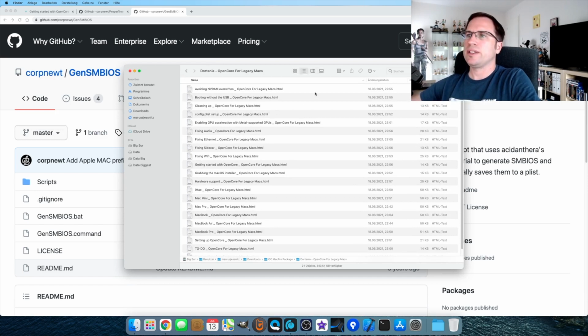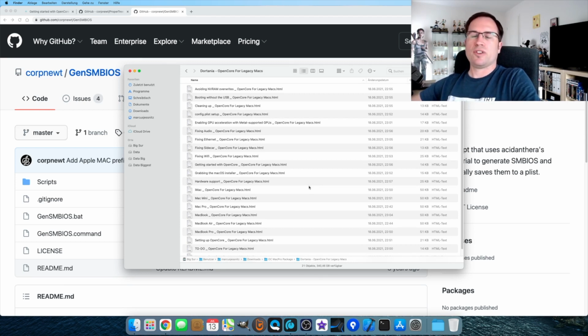So here you have all the details about Mac hardware with OpenCore. Booting without the USB, avoiding NVRAM overrides, fixing audio, Ethernet, and whatever. It's downloaded from Google Cache, so it doesn't look that nice and neat as it exactly looked before it went offline, but the info is still there.